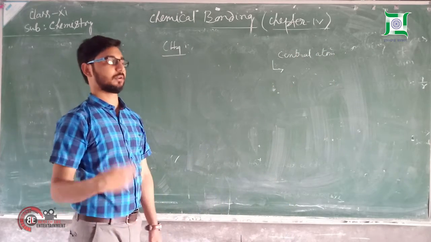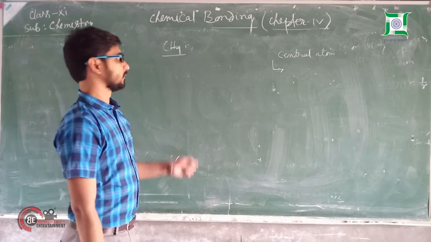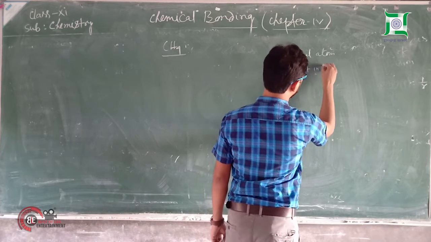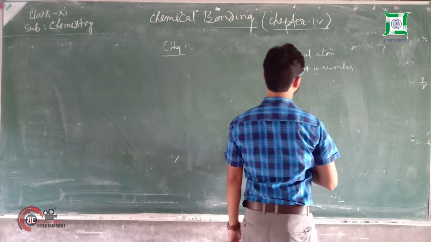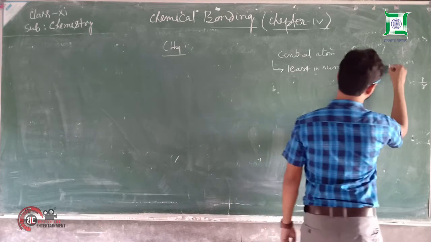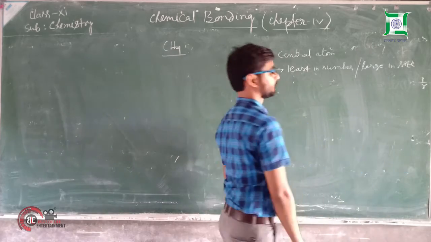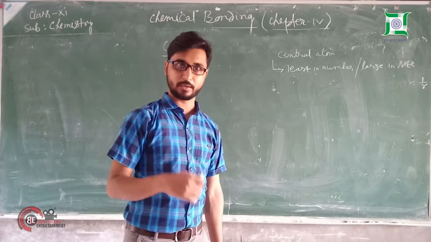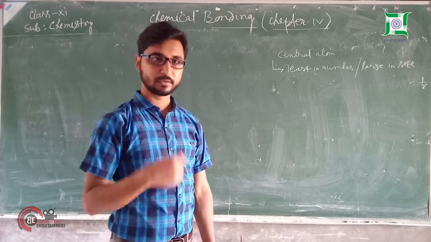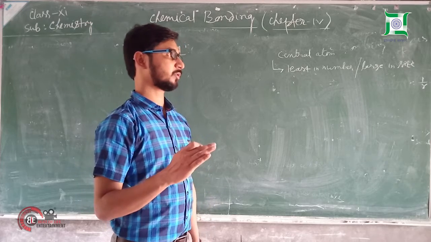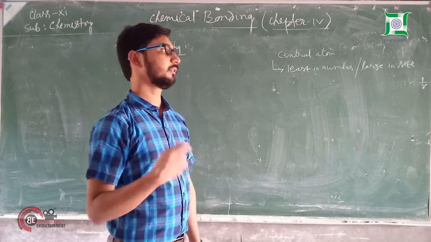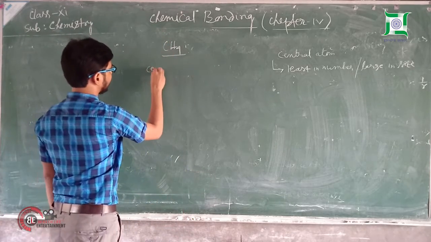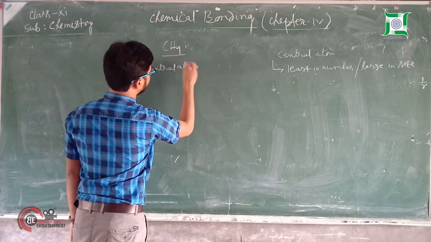ये आप लोगों को सिलेक्ट करना। तो इसके लिए बहुत ही सिंपल टेक्निक है कि the central atom will always be least in number और large in size होगा। मतलब if a covalent molecule contains more than one atoms, then the atom with least number is the central atom, or if there are more atoms with least number, then the atom with larger size will be the central atom. So here in CH4, central atom equal to carbon,